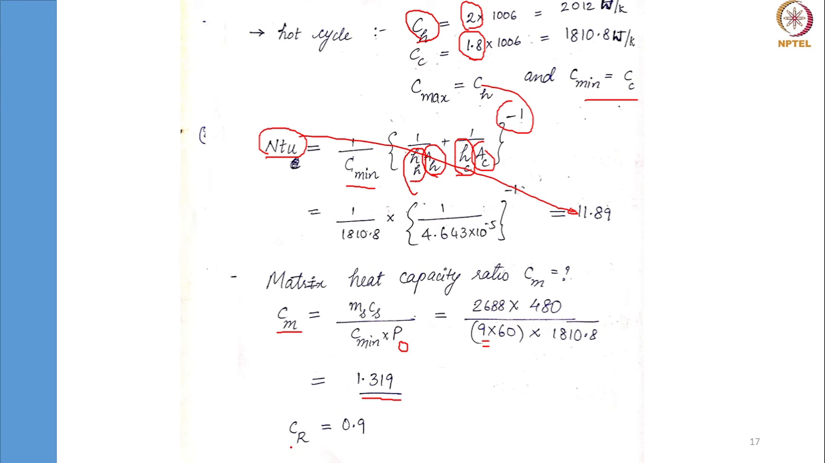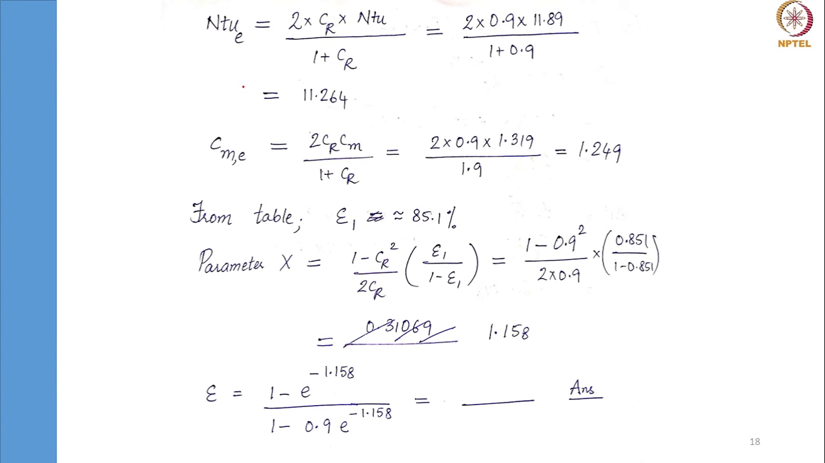We have a heat capacity ratio of 0.9, and then we are going to find the effective NTU. We already know the formula, 2 CR NTU by 1 plus CR. We end up with an effective NTU of 11.264. We are conversant with these formulae. And also the effective matrix heat capacity ratio, that is 2 CR Cm by 1 plus CR. So we are going to get an effective matrix ratio of